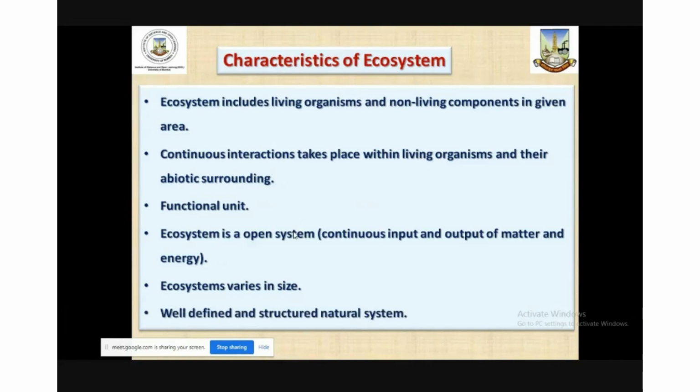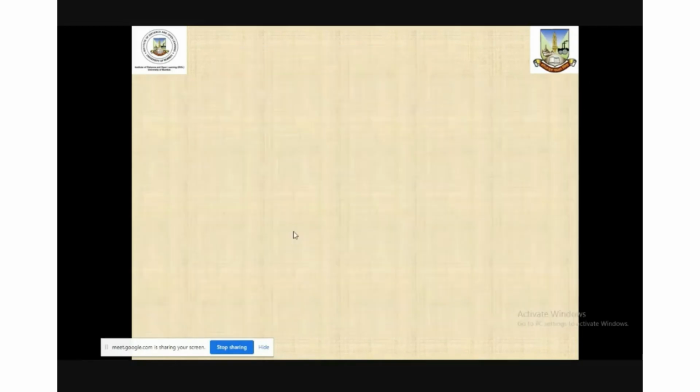An ecosystem is defined as a structured natural system. So it is a well-defined structured natural system wherein the interaction between the organisms and the physical surroundings is defined. For example, plants produce their food on their own through the process of photosynthesis. Plants will be eaten by plant-eating animals, or the animals which feed on plants. So there is a structured form of energy flow in the ecosystem, and therefore it's a well-defined, structured natural system.